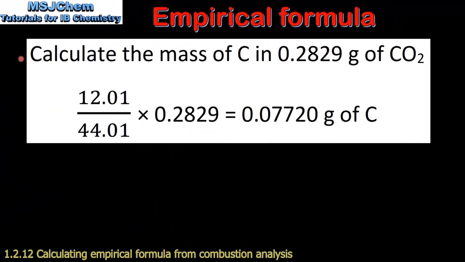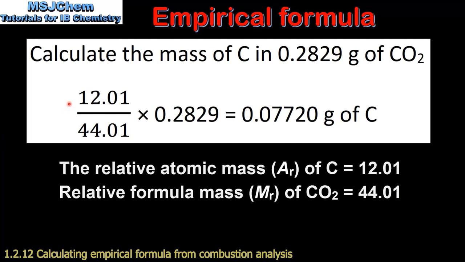So the first step is to calculate the mass of carbon in 0.2829 grams of carbon dioxide. To do this, we divide the mass of carbon in the molecule by the total mass of the carbon dioxide molecule, and then we multiply by the mass of carbon dioxide produced in the reaction. So that's 12.01 divided by 44.01 multiplied by 0.2829, which gives us